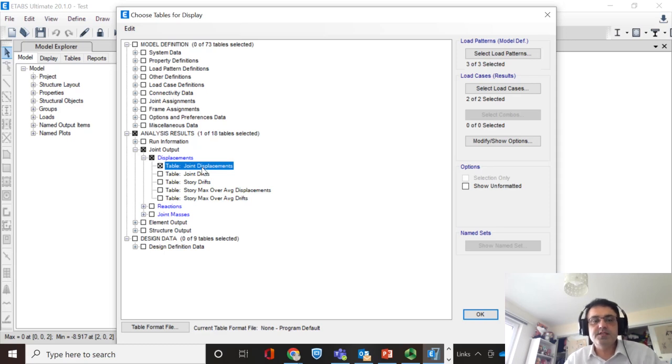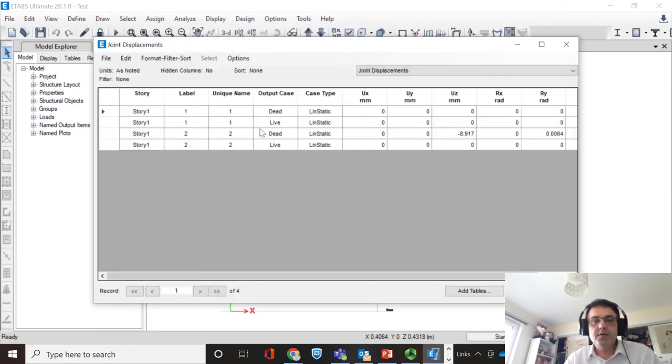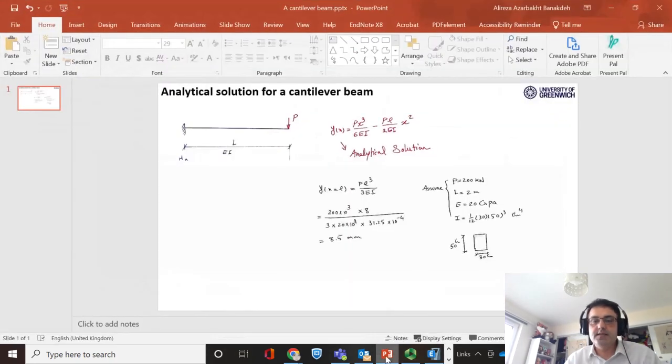So I just use the joint displacements here, and if I press OK, you will see in story 1 and in label 2, which means that point or node, I will have UZ millimeter minus 8.9. So this is the deflection of the end of the cantilever beam, almost 9 millimeter, but